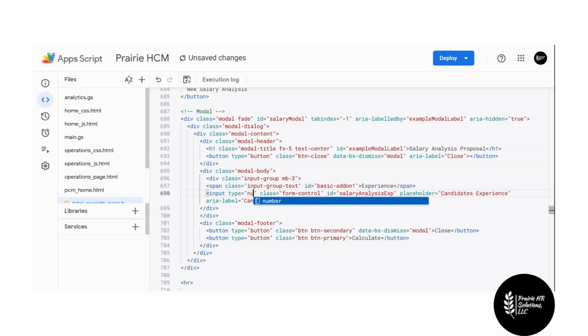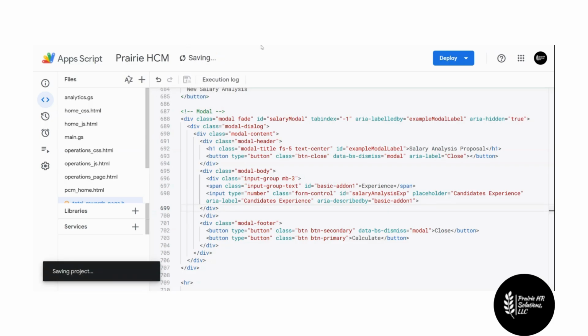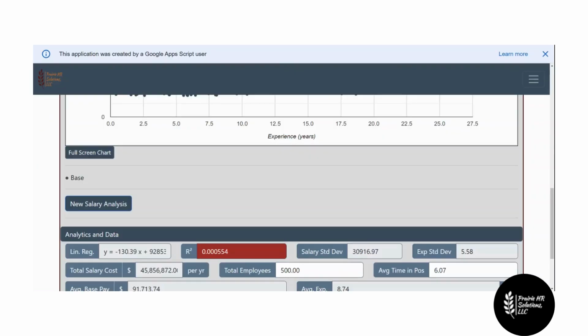Instead of text, we can put number here. And what it's going to do is realize that this input type is actually a number, so it's going to adjust itself accordingly. So when we come back here and refresh,